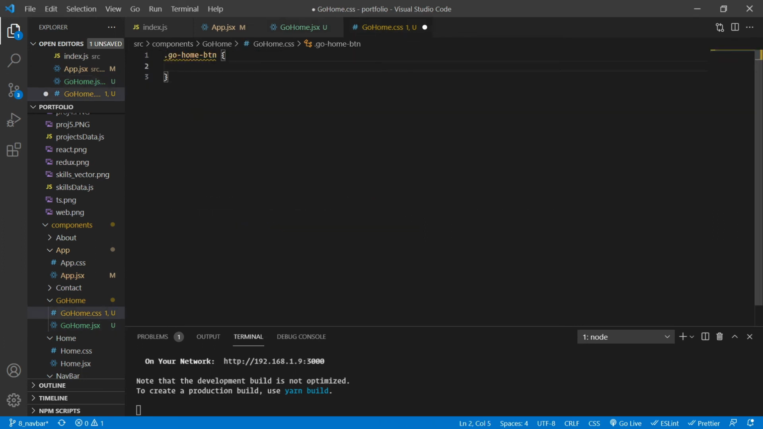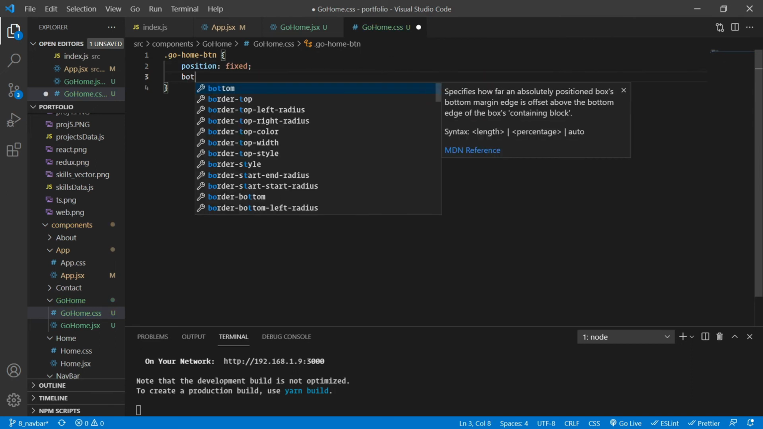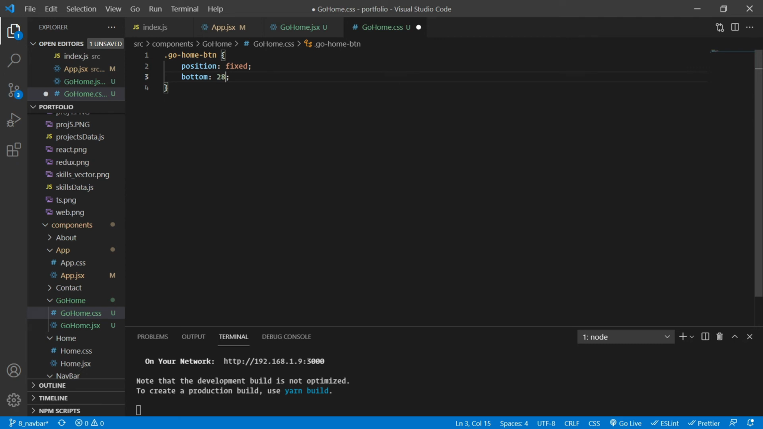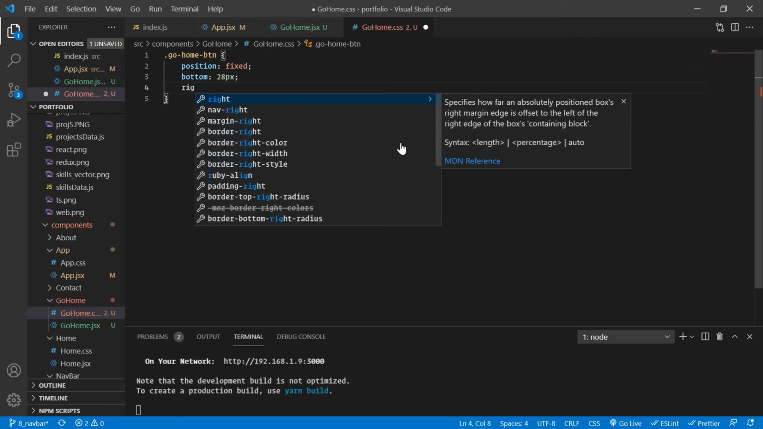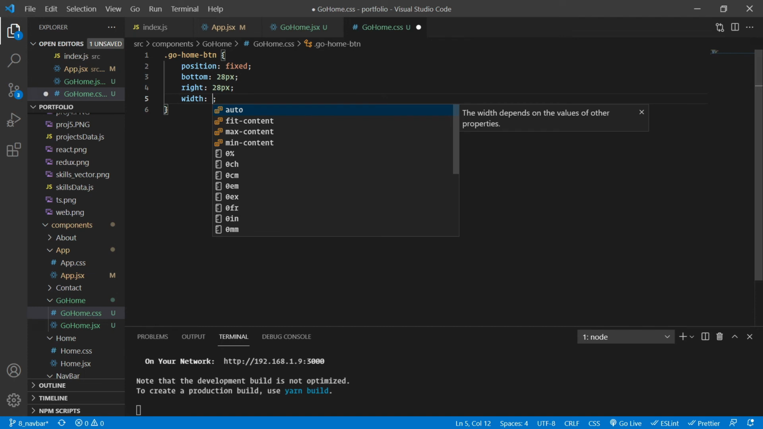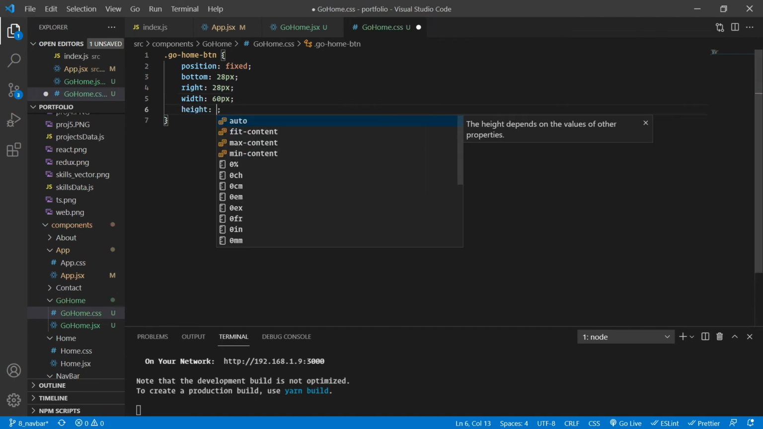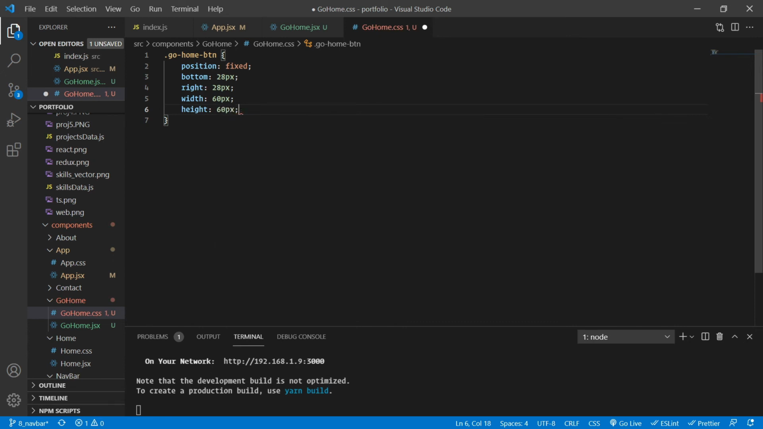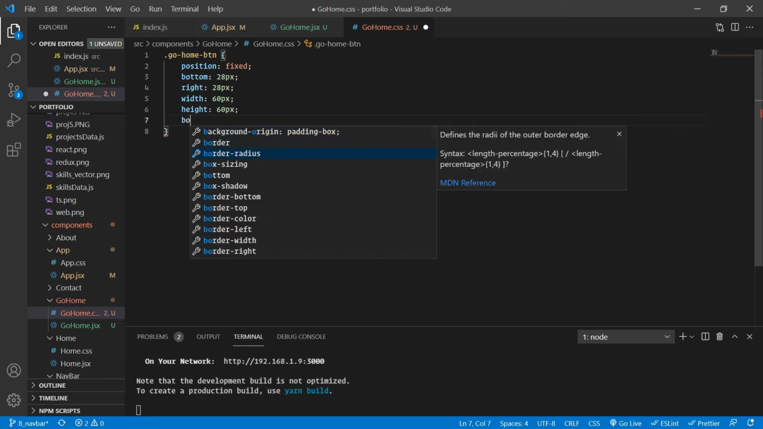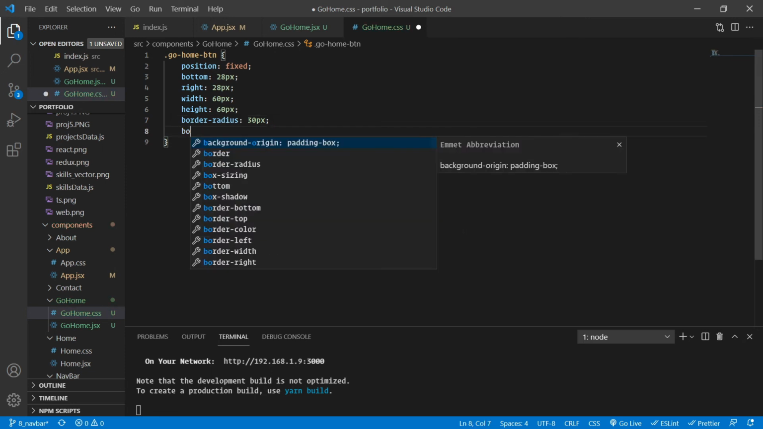And inside the go home button, we can have position fixed. We have bottom position 28 pixels. We can have the right position, so it should be at the bottom right corner, right? So the same 28 pixels from right as well. We can have it a width of 60 pixels, again a height of 60 pixels as well. Some border radius would be cool, maybe 30 pixels just to give it a circle shape, and some box shadow